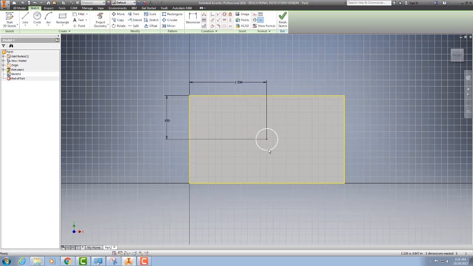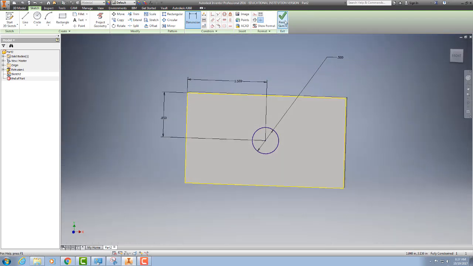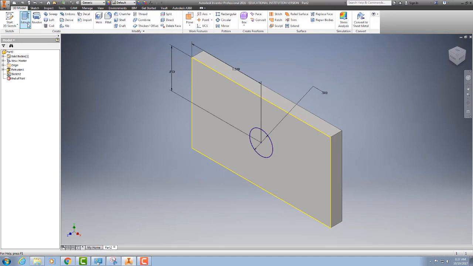The only thing I'm missing, the thing that will turn this green unconstrained sketch to a fully constrained sketch, which will turn dark blue, is the dimension or diameter of the circle. So I'm going to click the dimension button again, click on the circle, pull out, and specify the diameter, 0.5. And now you can see that it turns dark blue. That means it's fully constrained. It says so down at the right corner here. Finish the sketch. Extrude,